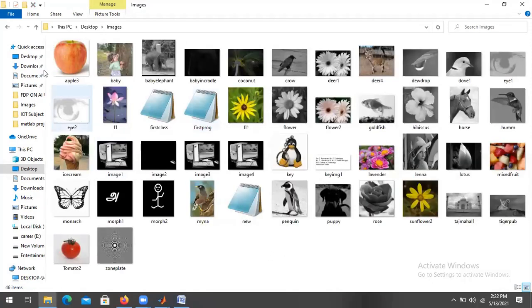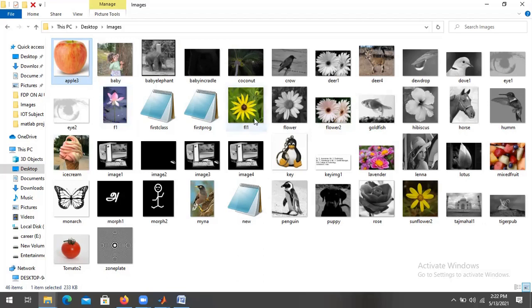You can see some black and white images, some grayscale images, some color images. Firstly, I'll go with Apple 3. This is not in the usual dot format. Actually, this image type is BMP.